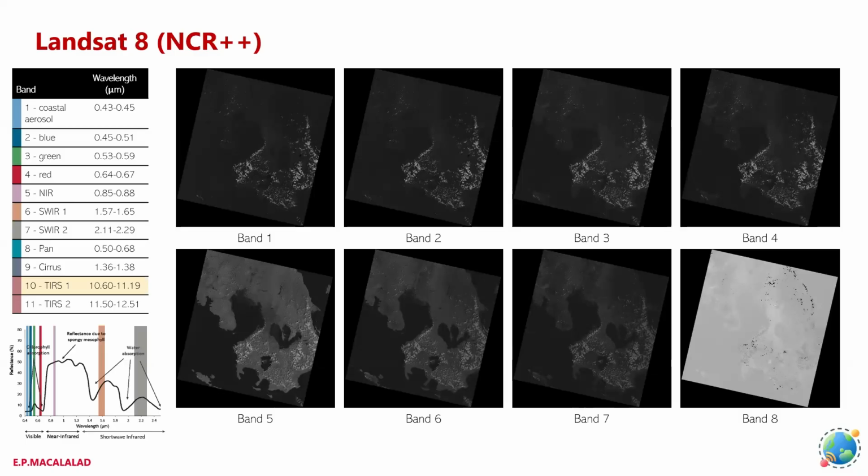Okay. So this is a composite image, sorry, a collection of the images of bands 1 to band 8, which pertains to these bands. Okay, so you will notice here, band 5 is the infrared, so it's very bright. Then band 3, although what we can see, if we're going to look at an area of vegetation, it appears green, and it doesn't appear in the infrared because we already know that we cannot see infrared. Okay.